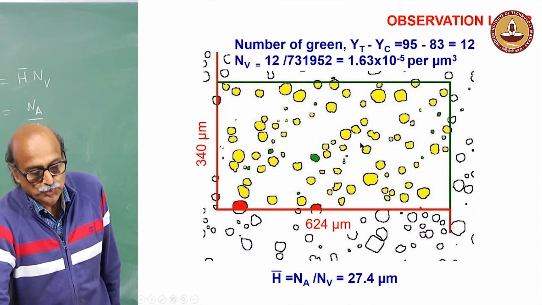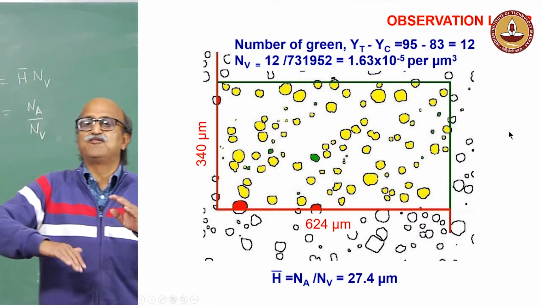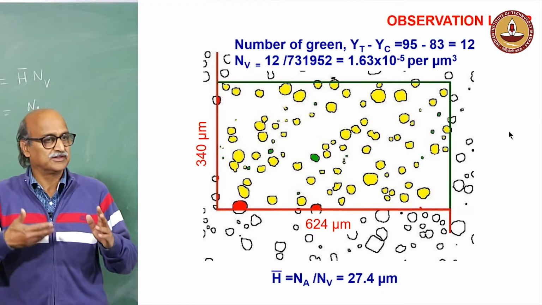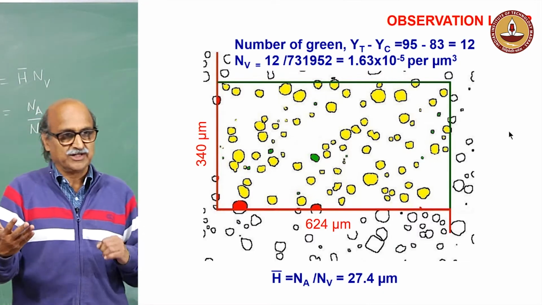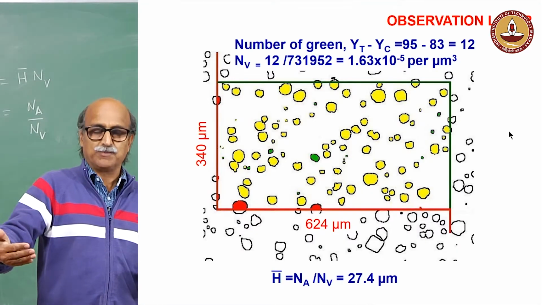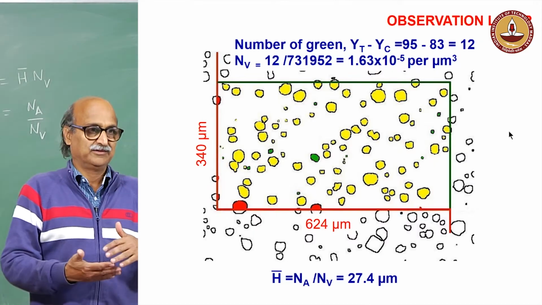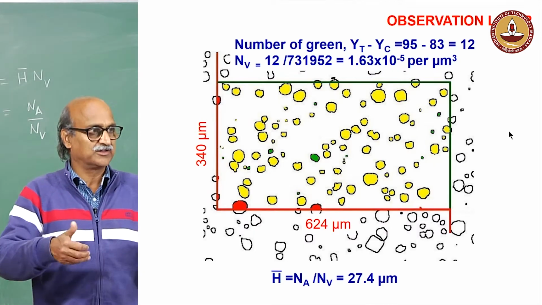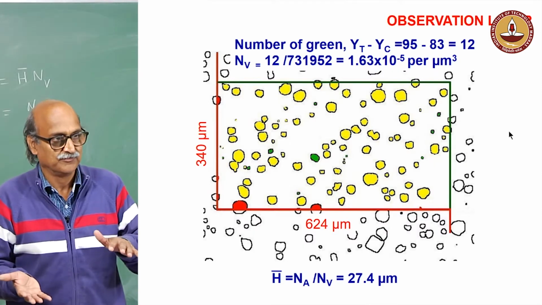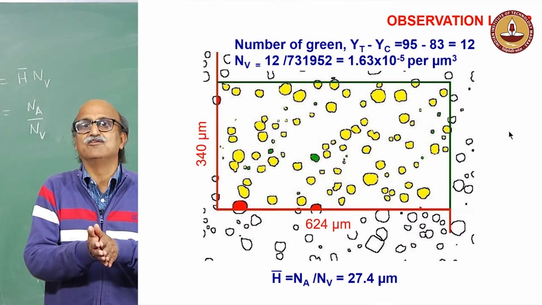Now, you can also just flip the layers. What you called the observation layer, you can call the lookup layer, and what you called the lookup layer, you can call the observation layer, and do a count again. So, from the same dissector, you will be able to get 2 counts, and you can take an average of that.